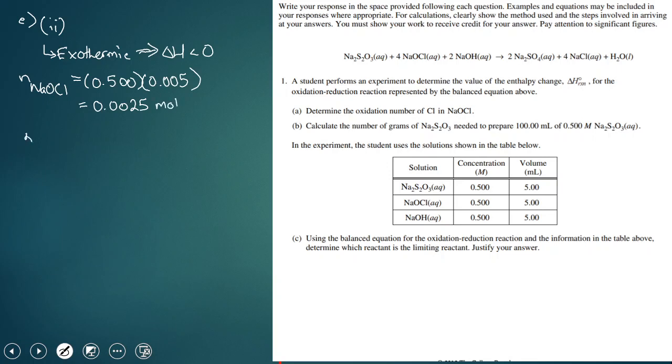Now we want to calculate the moles of reaction. And so to do this, we have to utilize a stoichiometric ratio. And so we see that we consume 4 moles of NaOCl every time 1 mole of the reaction goes through. And so for that, we essentially need to do 0.0025 moles times 1 mole of reaction. This is the dimensional analysis method again, divided by 4 moles, technically NaOCl. I didn't write that over here beside the 0.0025, but it's implied. You should write it out. I didn't have the space to do it. And so you get 0.000625